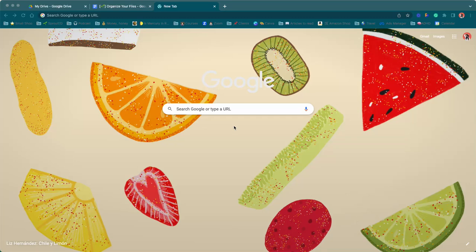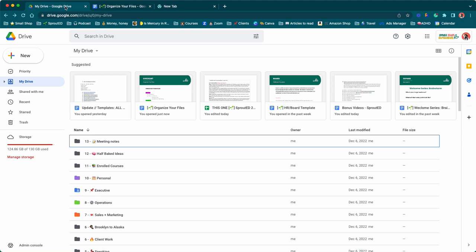Okay, welcome to the next video, which is how to set up your folders inside of Google Drive. Okay, so the first thing that you want to do is navigate over to your Google Drive. And before we actually get to organizing our Google Drive